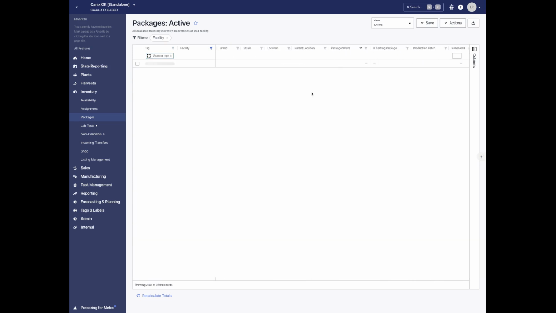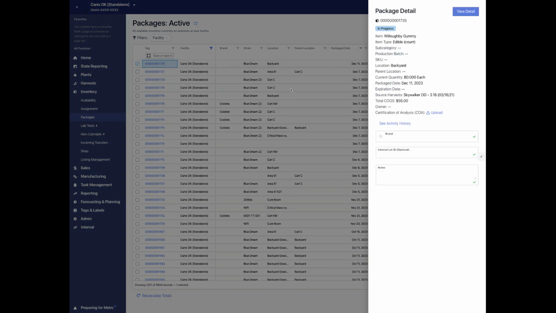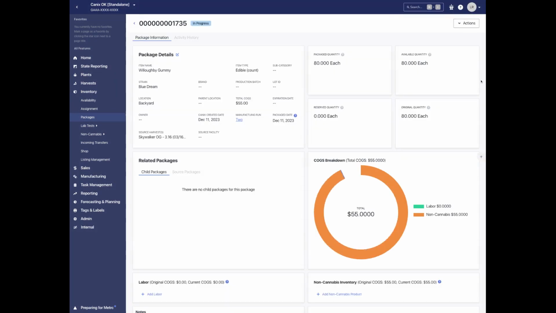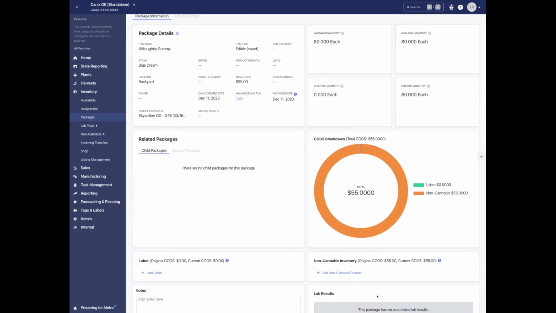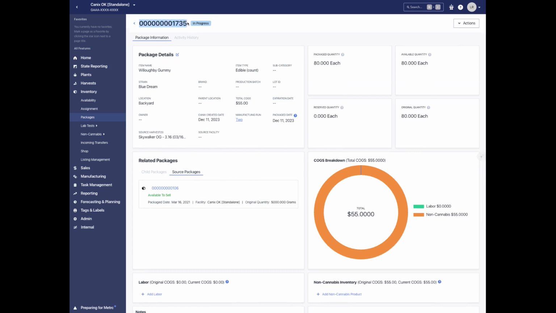Once we filter by our package date, find that package here, 1735. We'll be able to see we pulled that $55 of cost of that non-cannabis mylar bag. And we'll see our source package was that first source cannabis package that we used on run 1 to be able to create that intermediary tag. So the source package will not be the intermediary tag. It will be the source package used to create that intermediary tag that will flow as the source package to that final output package here we've created,